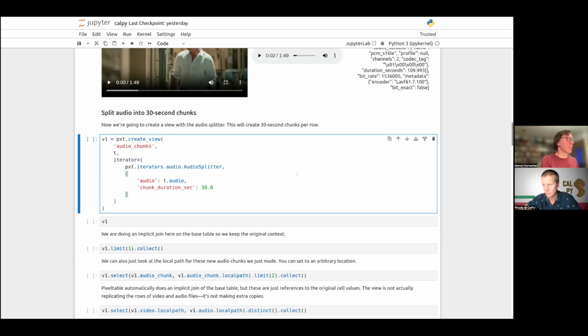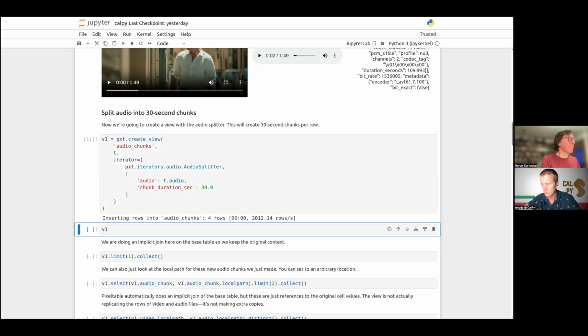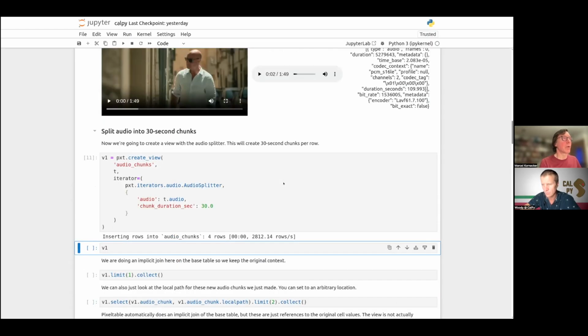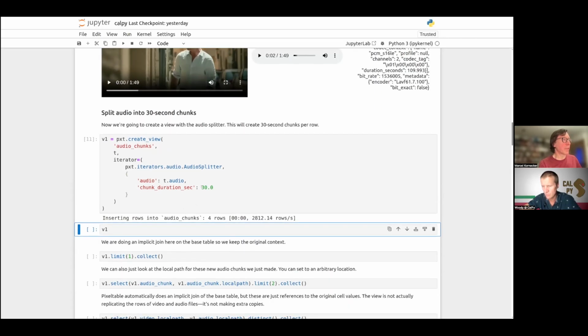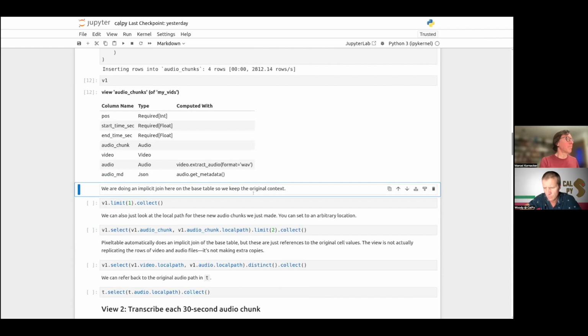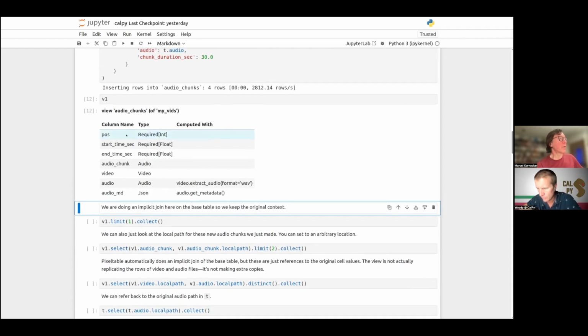If we run it, it has created four rows of 30-second pieces, the last being a little under, since the audio is a little under 2 minutes. What this does is basically say create chunks of duration 30 seconds, which is what we did. Now we have a view that contains these four columns predefined from the splitter.